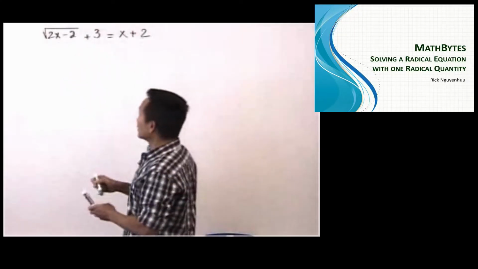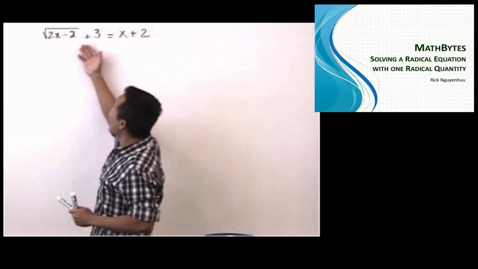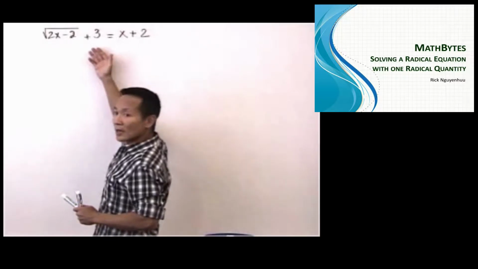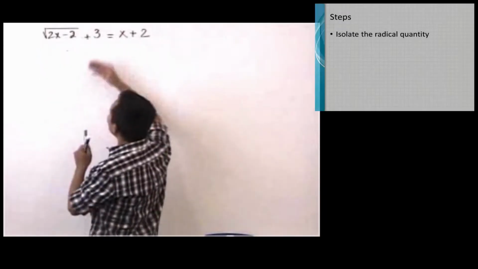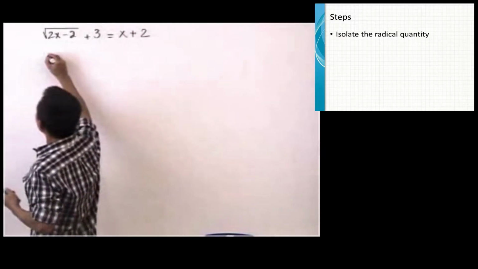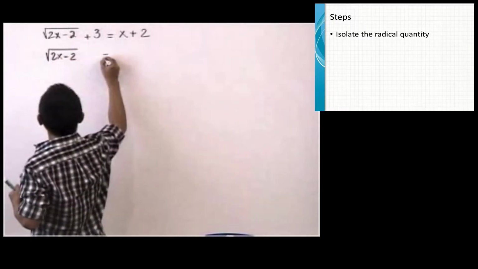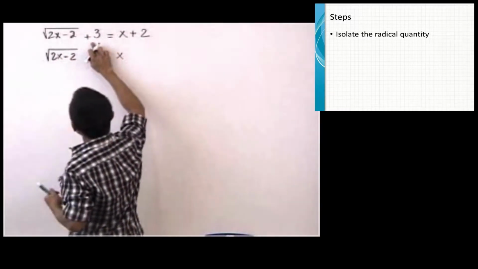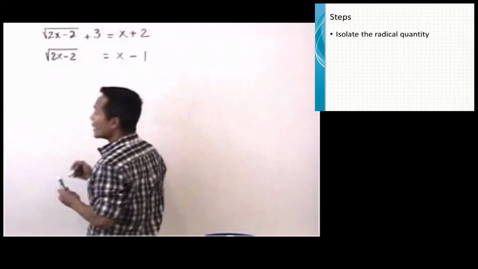And this is what I do. On the left side of the equation, I have the radical quantity and the number 3. So I want to isolate only this. So I subtract 3 from both sides of the equation. So I have the square root of 2x minus 2 on the left, equals x. I take away 3 here and take away 3 here, so I have negative 1. And then